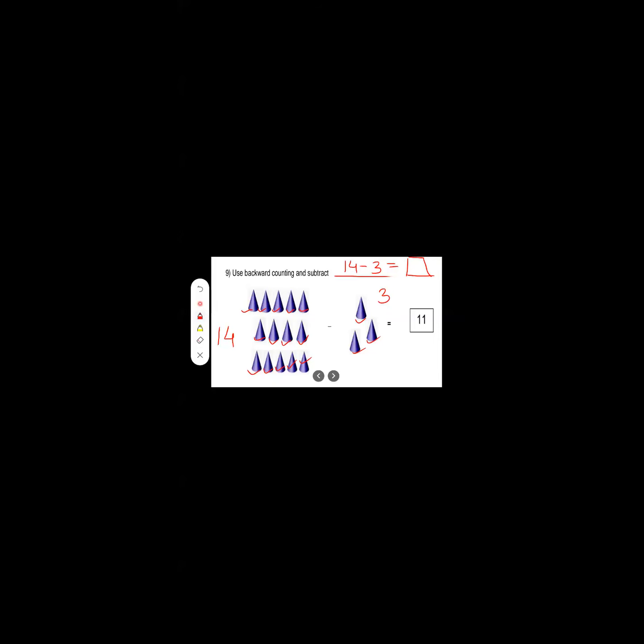Remove your 3 fingers here in your hand. Use your hands for counting. Parents, they are not counting with me, no? Then you type their name in the chat box. You all have to count it with me. Before 14 we will count, okay? Start. 13, 12, 11. What is the answer? 11, correct? Okay, very good everyone. Shall we move to the next question?